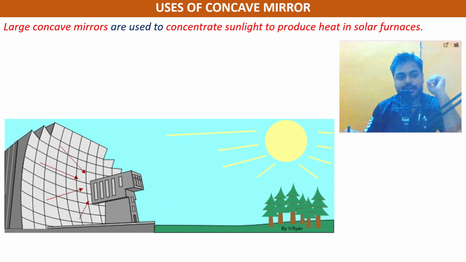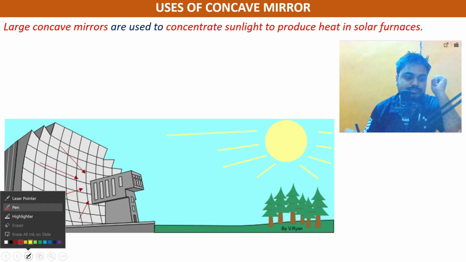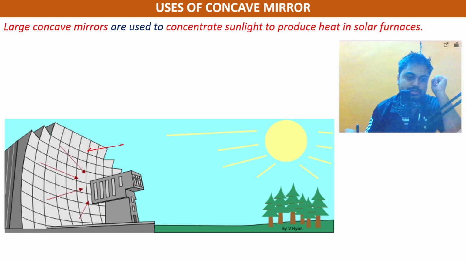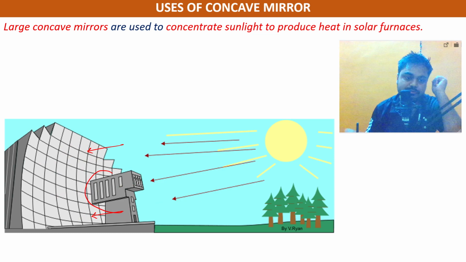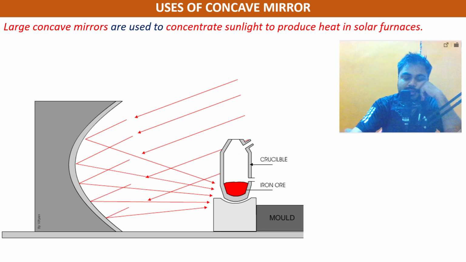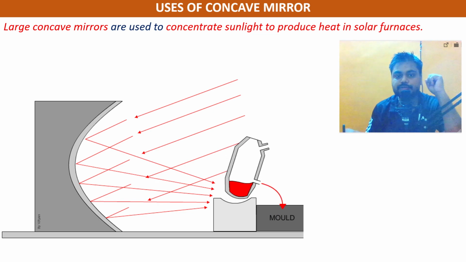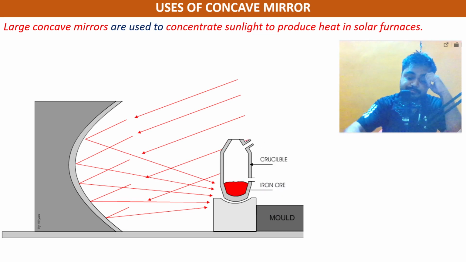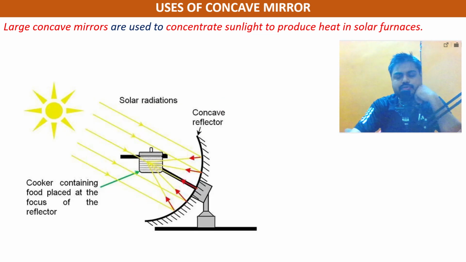All the rays which strike this concave mirror converge here, and this leads to the boiling or the melting of the iron or the steel. It can also be used for simple cooking and all, that also can be done. So these are the uses of concave